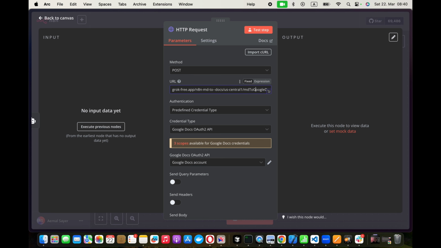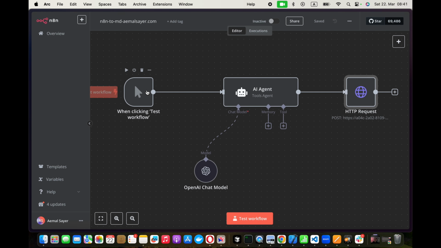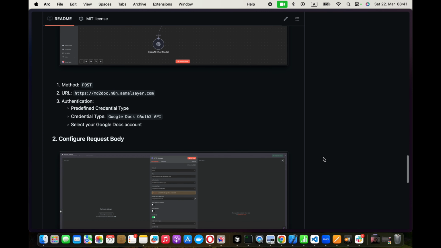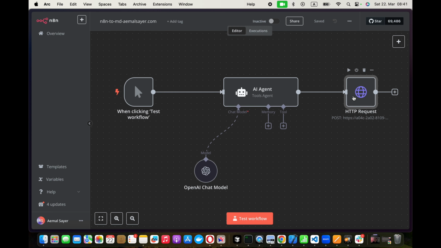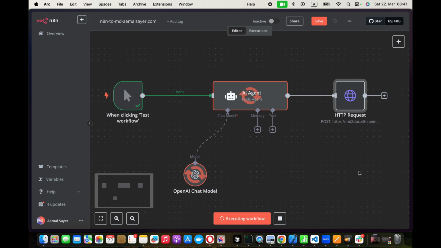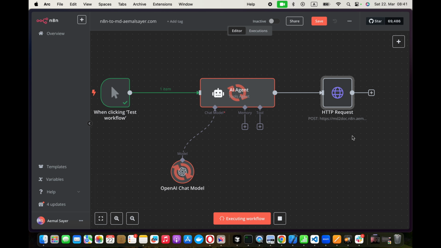So I will go to this URL, come here, paste it, test it, and yeah, it's running all the previous nodes,